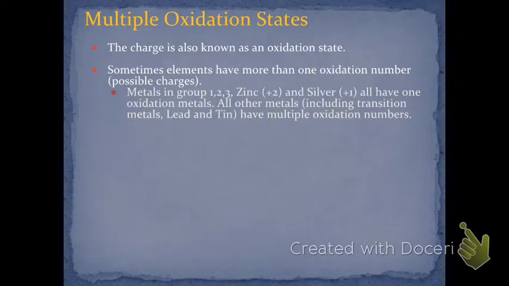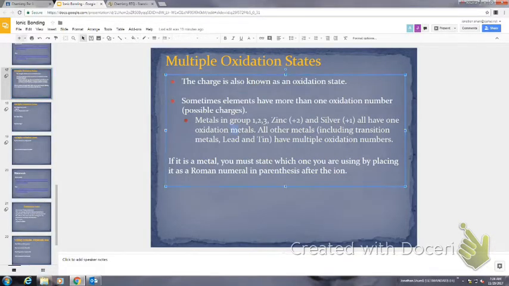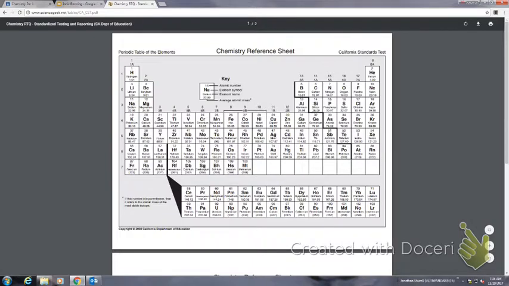Metals, and so here's the rule. Metals in group 1, 2, and 3, zinc and silver, all have one oxidation number, so that means we always know what their oxidation number is. So let me just give you an example. For example, the oxidation number in group 1 is always +1. Group 2 is always +2. Group 3 is always